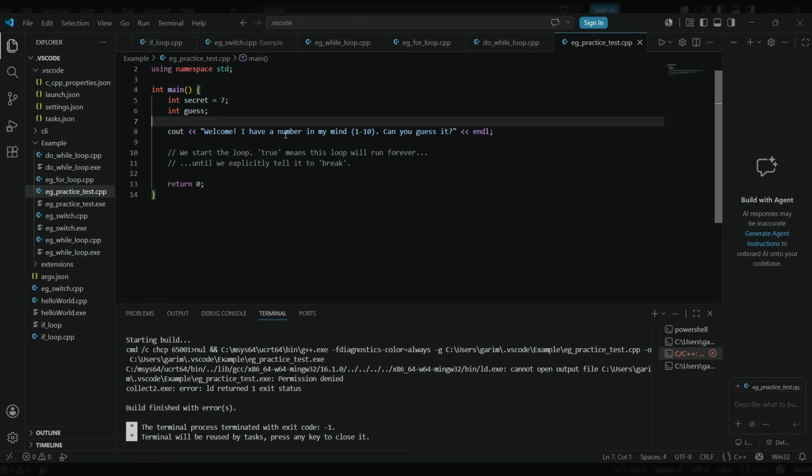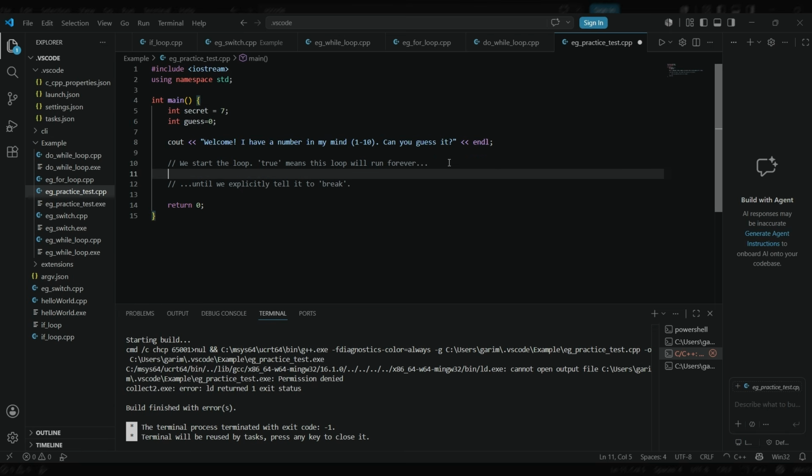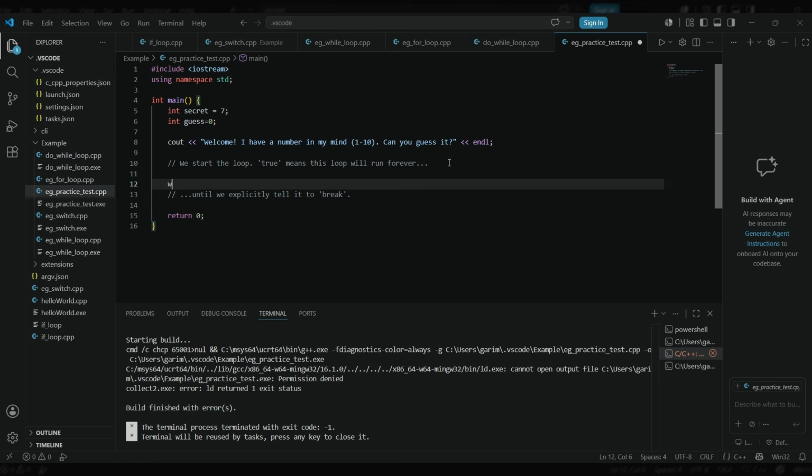So some changes I'll do. Secret is equal to 7 and int guess is equal to 0. Initialize guess with 0. Guess the number between 1 and 10. Can you guess it? This we are giving in cout. And after this comes the loop. The condition is checked before the loop runs. While secret is